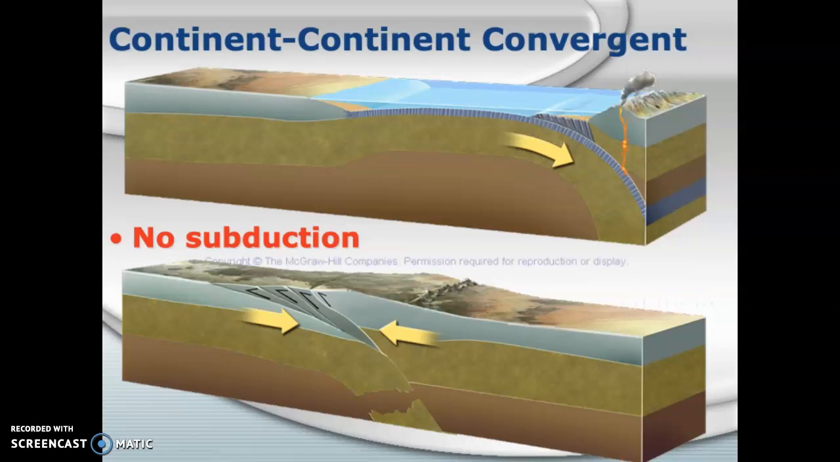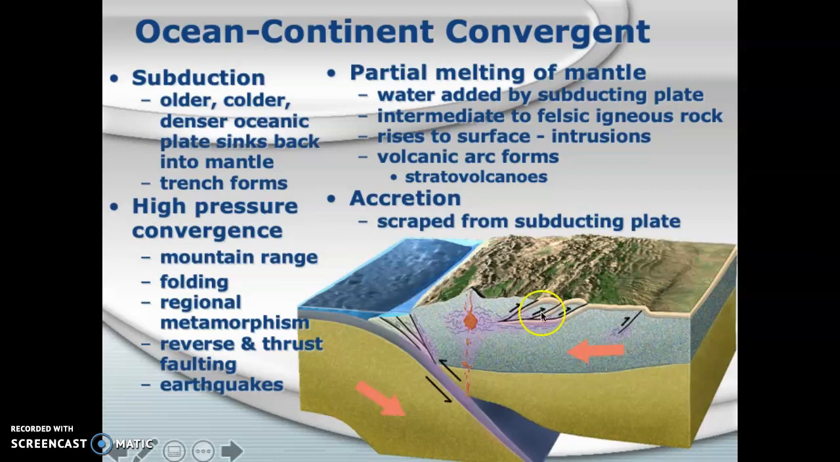So this will be the last of the slides that's talking about what happens at plate boundaries and what kind of features we see created by plate tectonics. So let's talk first about continent-continent convergent. So where we left off was subduction zones, and here we can see a continent on the right and